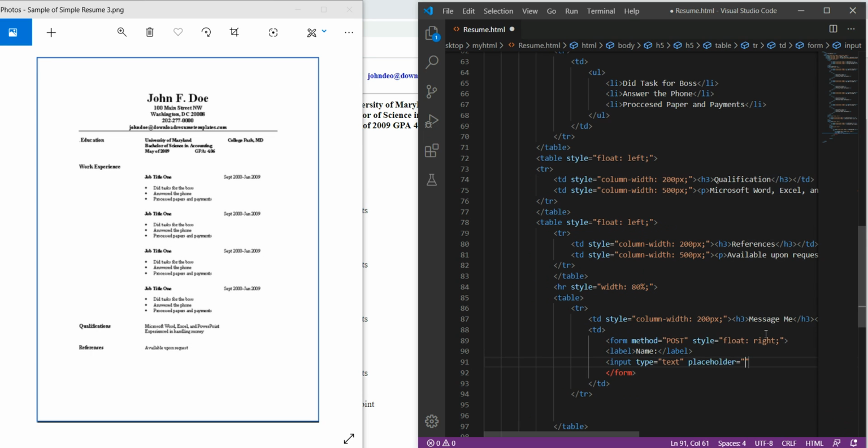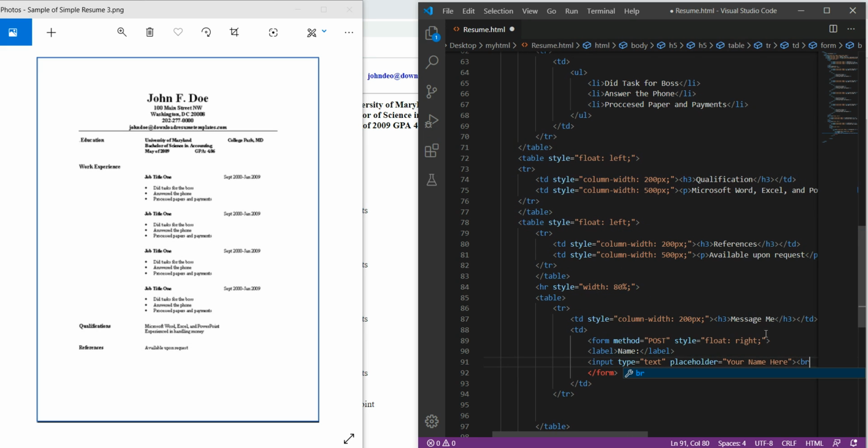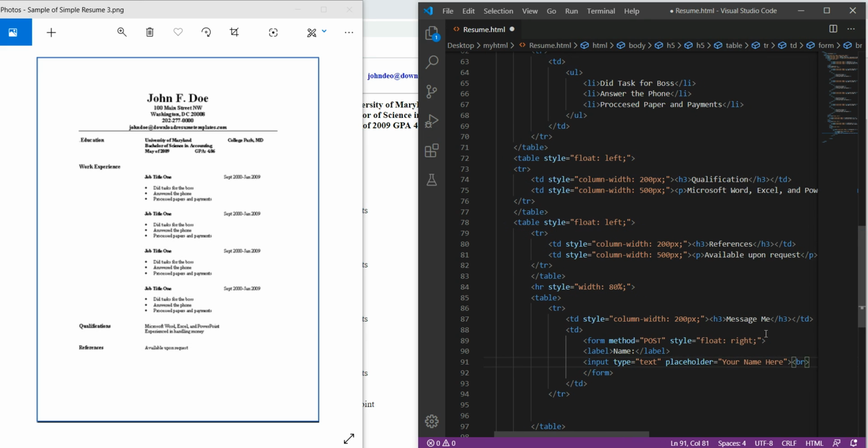Here I will ask him to enter the name, so I will write your name here. I'll just say message to him. Okay, this is again an empty element. So I need a line break over here, so I will use the br element here.